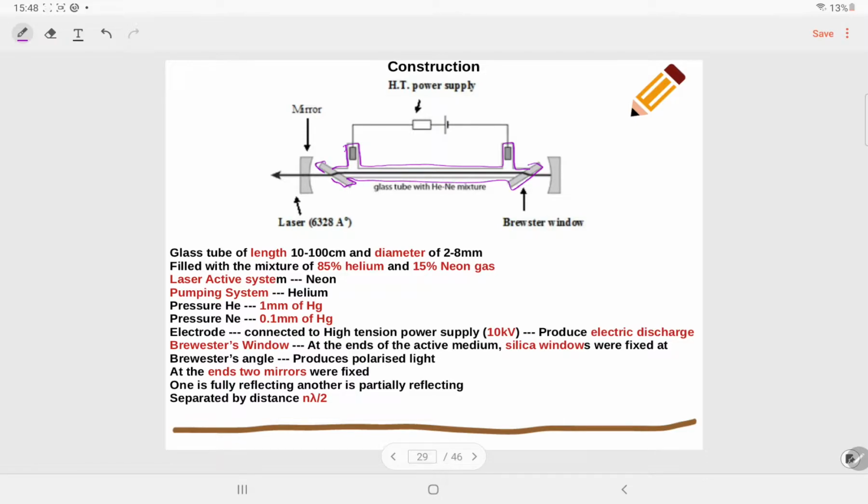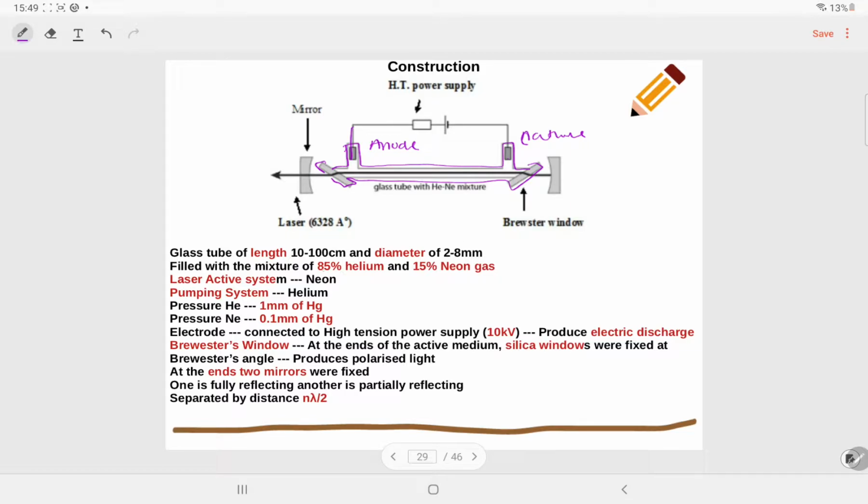Okay, can you see? A high tension power supply is applied between these two terminals. Here is the cathode terminal, and here is the anode terminal. Okay, so just see the construction part. A glass tube of length 10 to 100 centimeter and diameter 2 to 8 millimeter will be there, filled